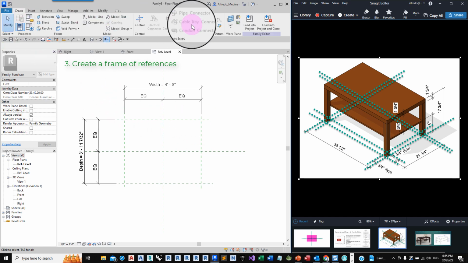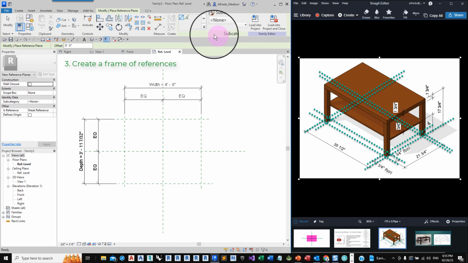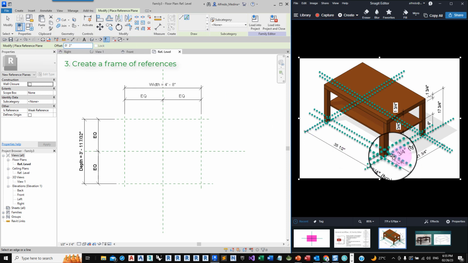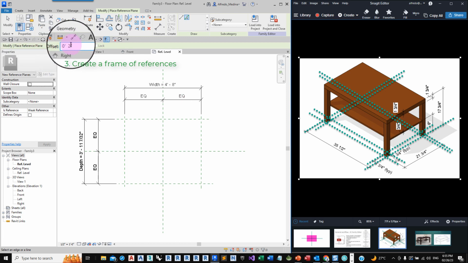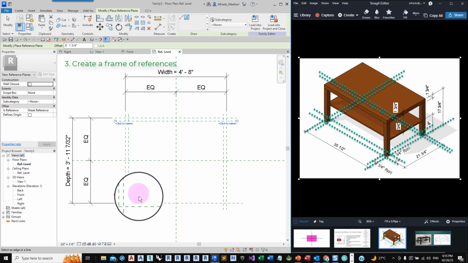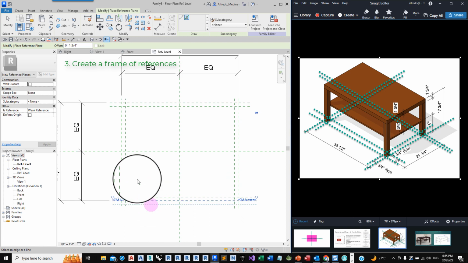In Revit, we do Create, Reference Plane, and we can use Pick Lines, and let's suppose that we use 2 inches. Well, actually in the picture it says that the thickness is 1 3/4. So let's enter 1 3/4, and we do this. 2 verticals and 2 horizontals to control the thickness of those legs.